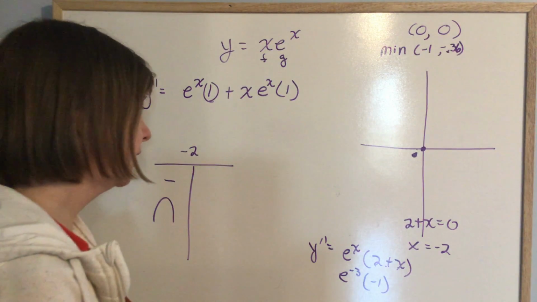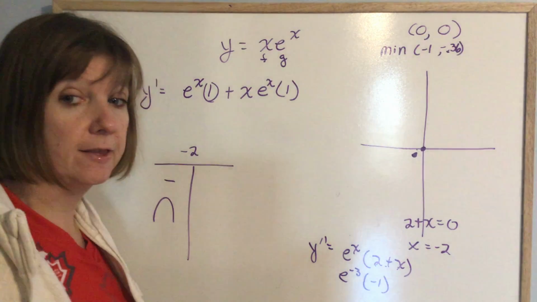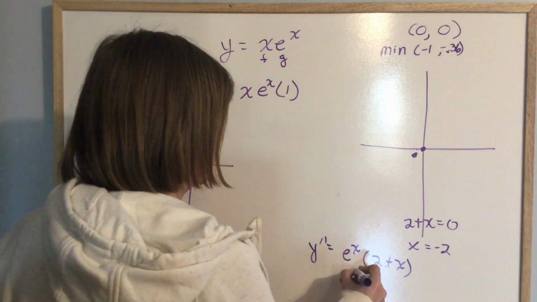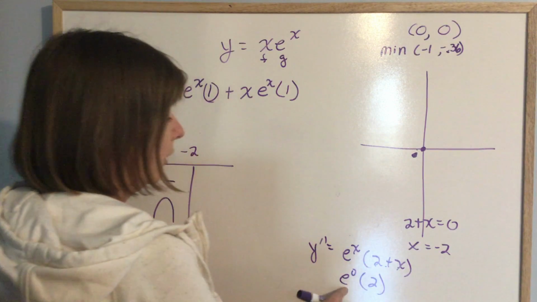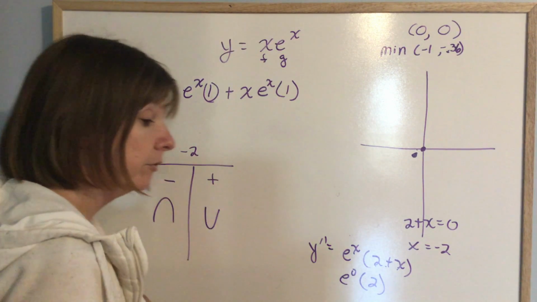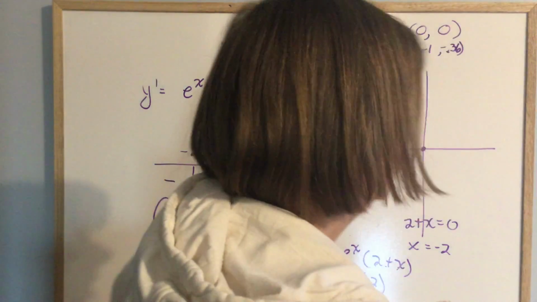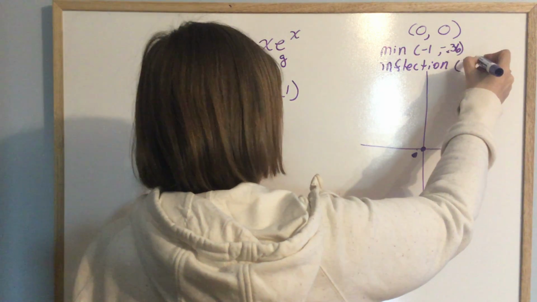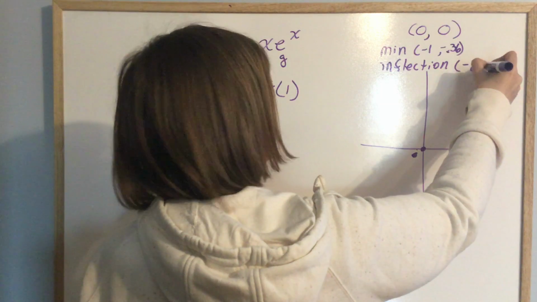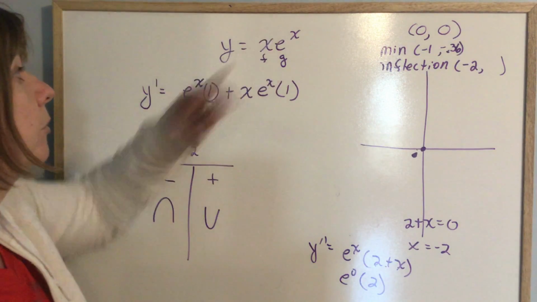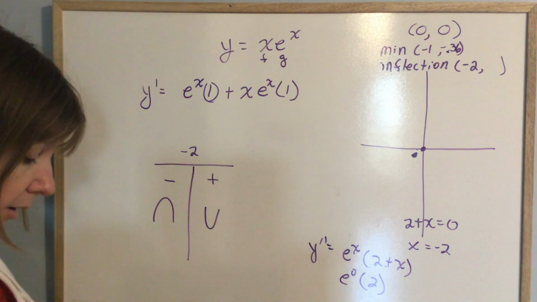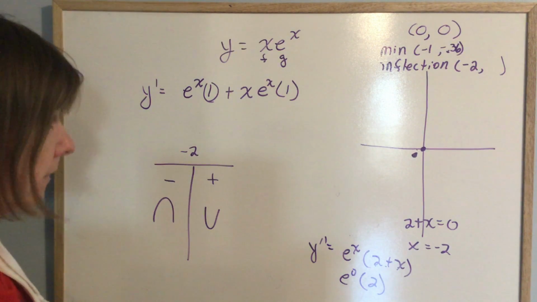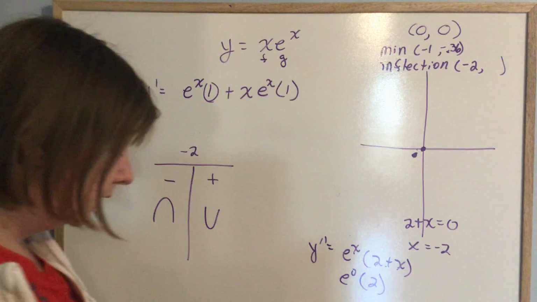If I put in a number bigger than -2, say 0, then I'm going to have e to the 0, and 2 plus 0 would be 2. So I'd have 1 times 2, which is a positive, so I would have concave up. So I have a point of inflection when x is -2. So I need to find my y, so I'm going to put that into here. So I'm going to do e to the -2 times -2, and that gives me